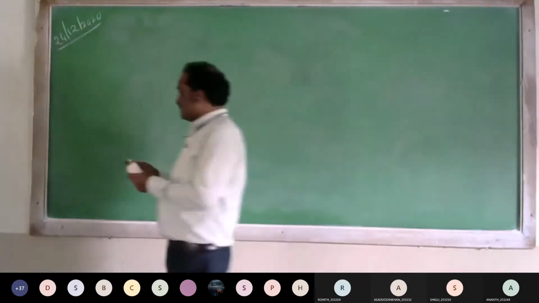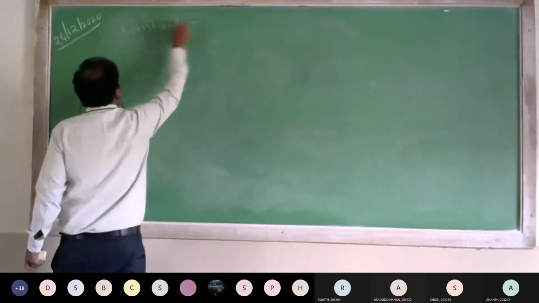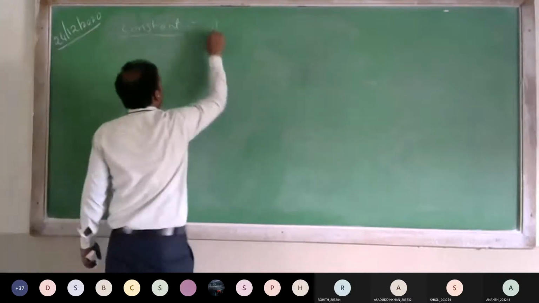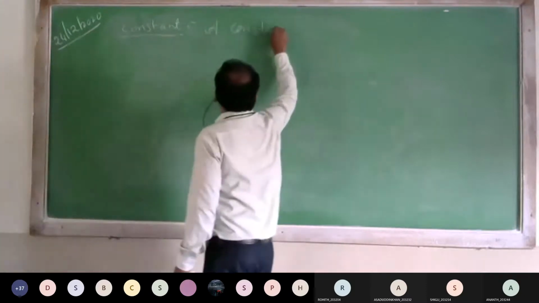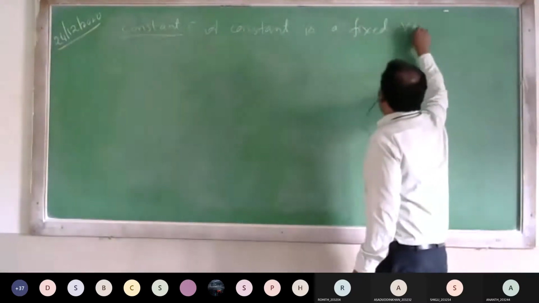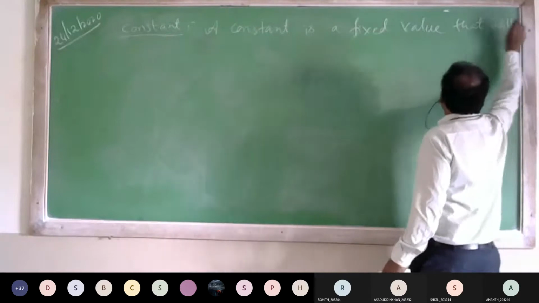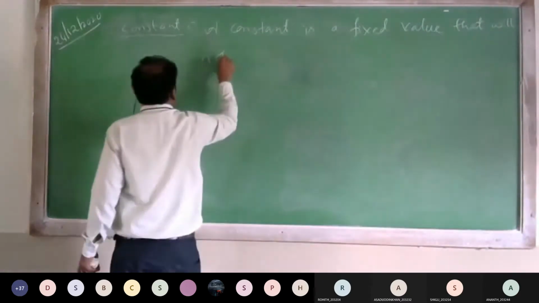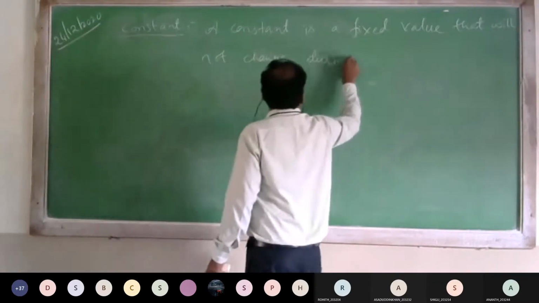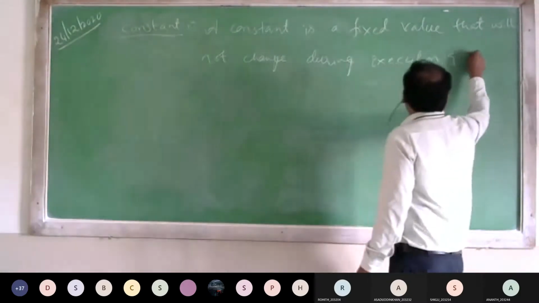So first we shall see constant. What is a constant? A constant is a fixed value that will not change during execution of a program.